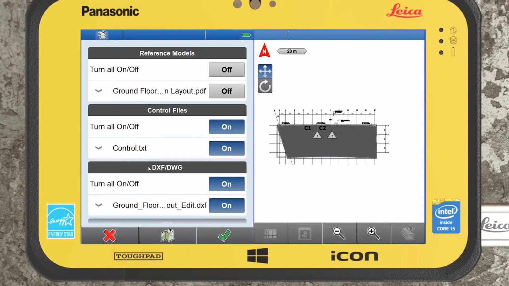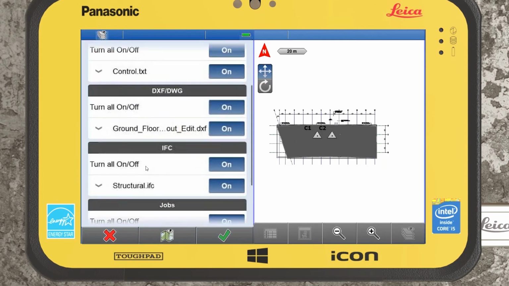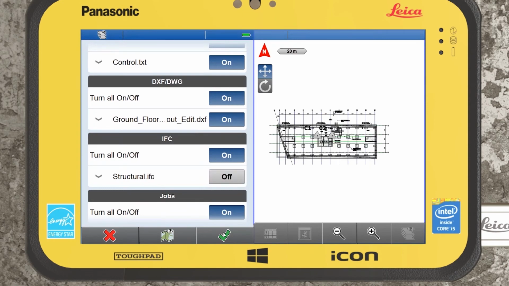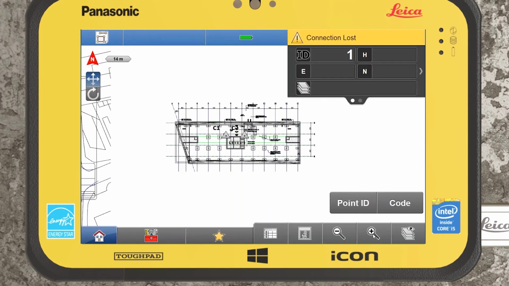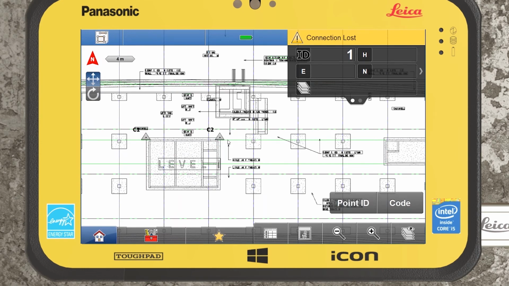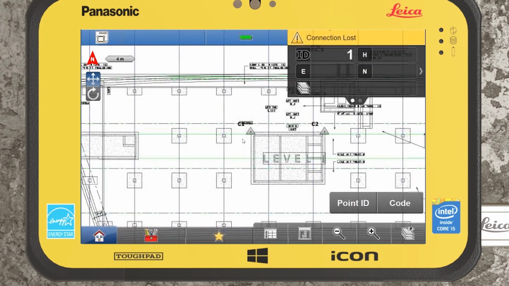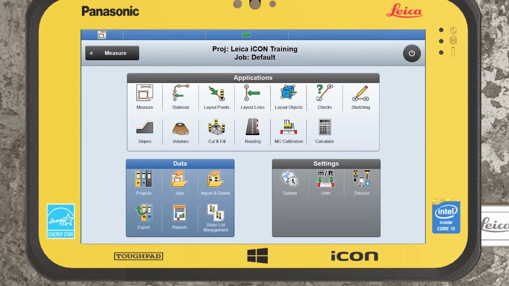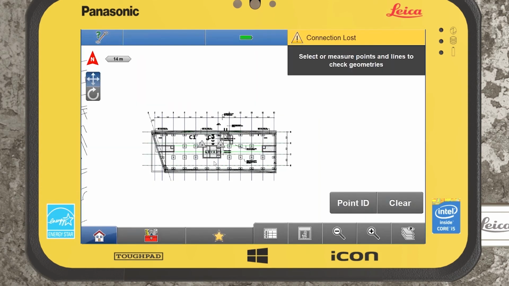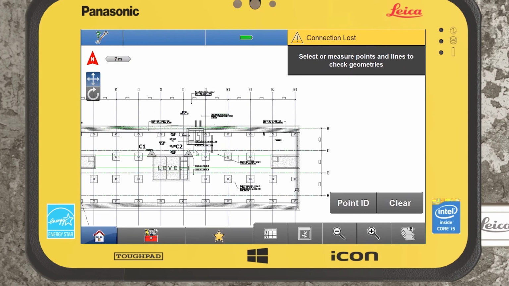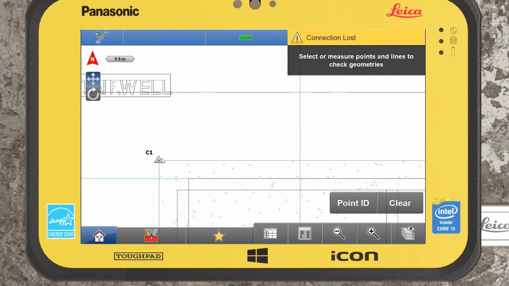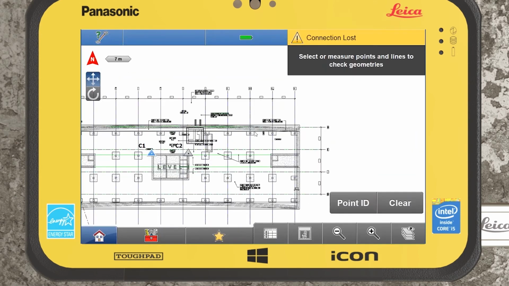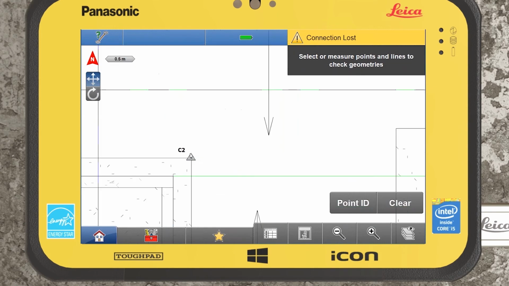So what I can do is I can just switch off our IFC, green tick, and we can see that the C1 and C2 have now been correctly referenced relative to the PDF. We could then in turn use our checks application if we wanted to check dimensions, again just to reaffirm that the scaling has been correct within our conversion. So again, if we knew what the distance was between these 2 points, C1 and C2,